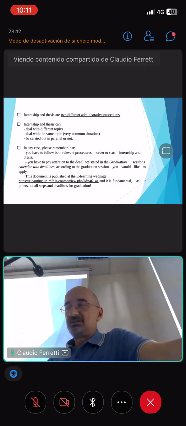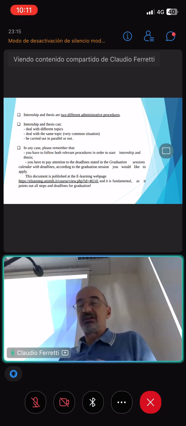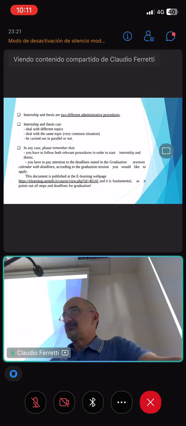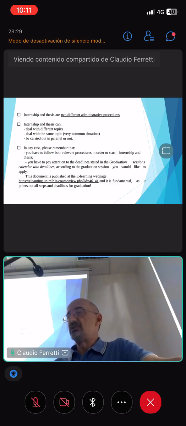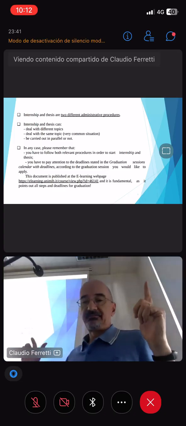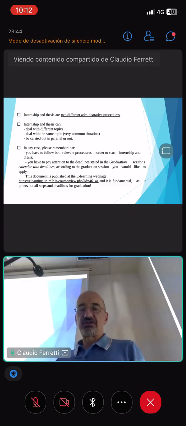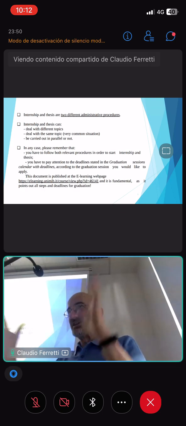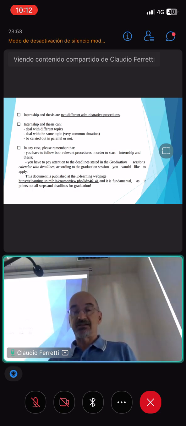They can overlap during the time, so they can be in parallel, and they will ask for a final outcome which is different. But mostly it's important that you understand that the people following you in the two activities are not necessarily the same. We will go back to this later. So you have two procedures, you have two sets of deadlines. We will let you see the table of main deadlines in the next slide.